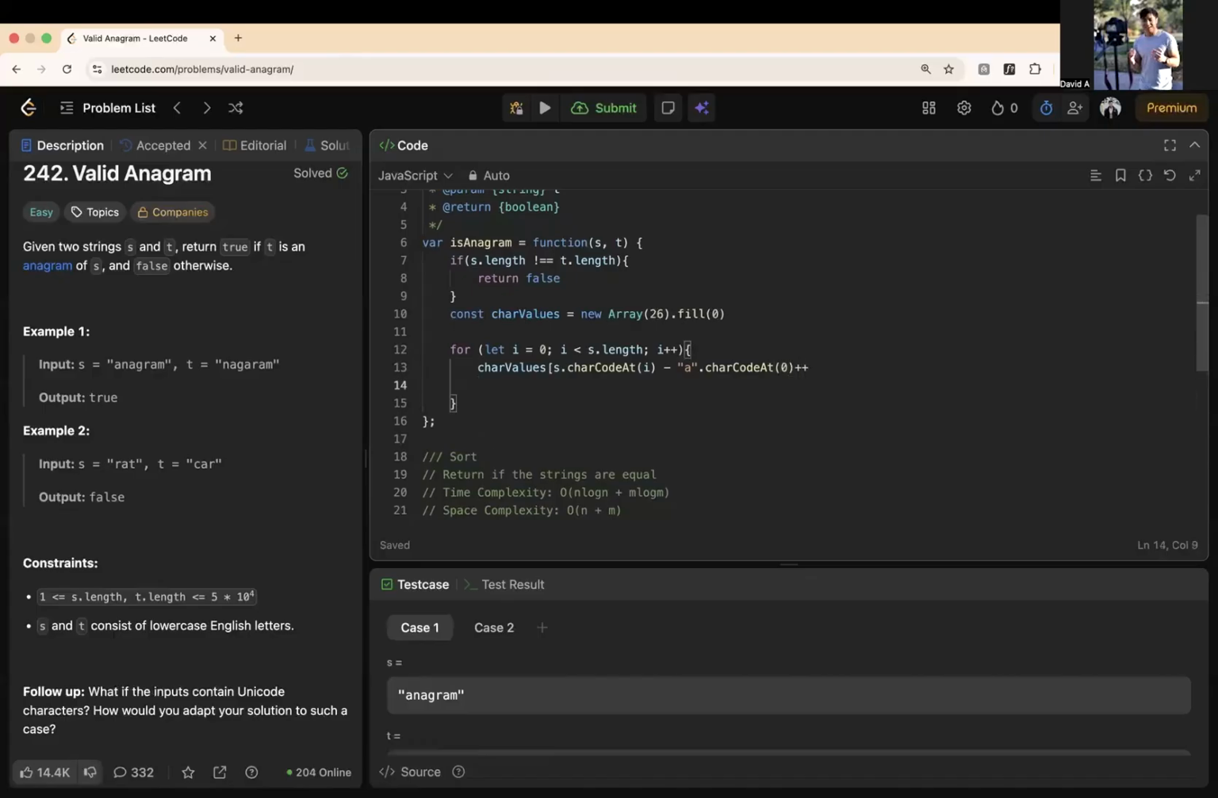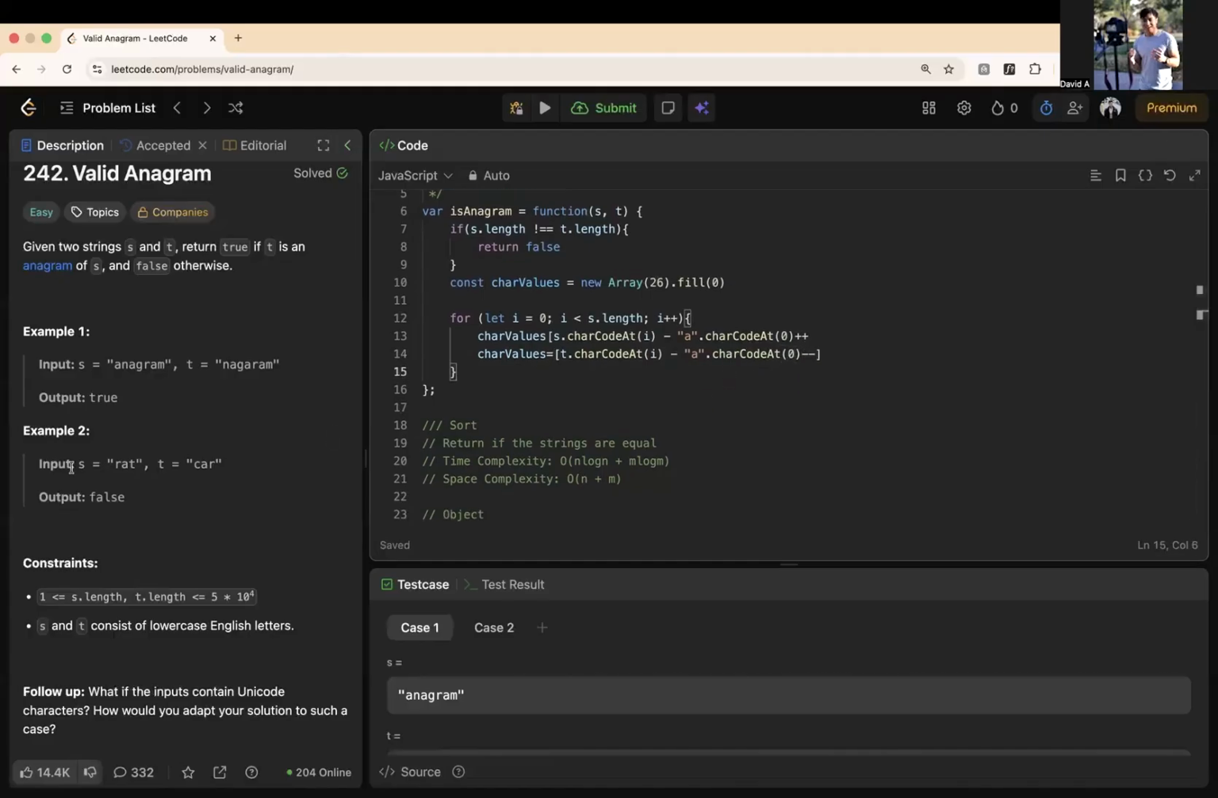Now we do the opposite for the T, minus A. Great, so now we have this array of all the values, and now we can check if every value is 0 or not. So return